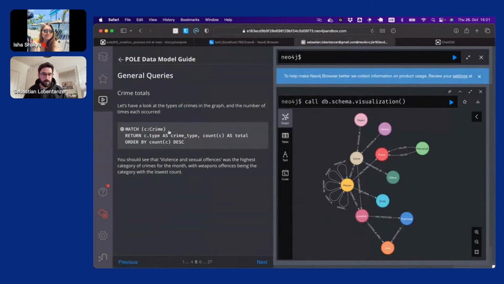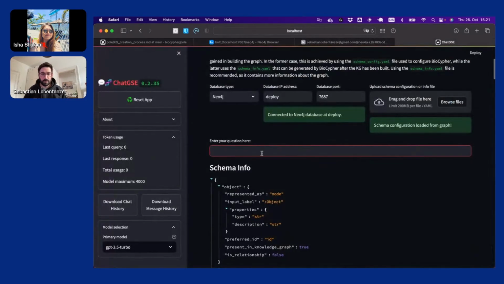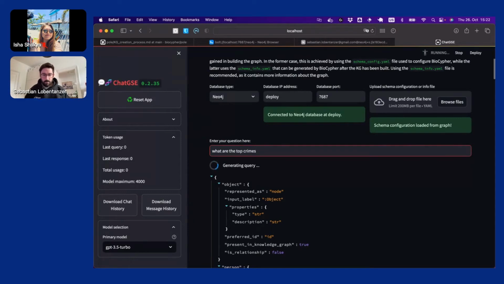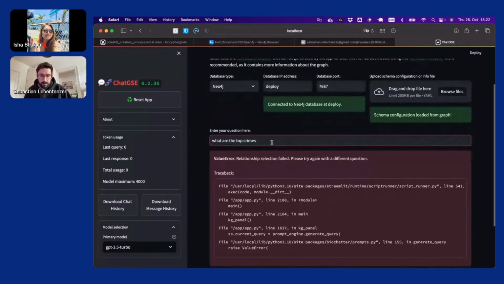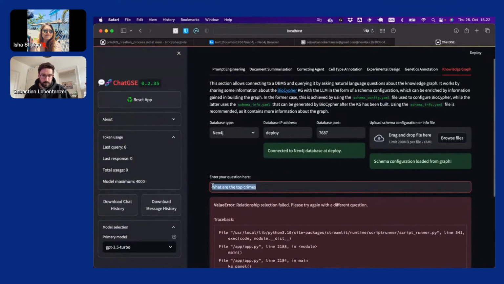For example, if we say here in the model guide that they have, let's look at the types of primes and the number of times each occurred. So instead of writing this Cypher query, you could just say, what are the top primes? Maybe that works already. No, it doesn't.